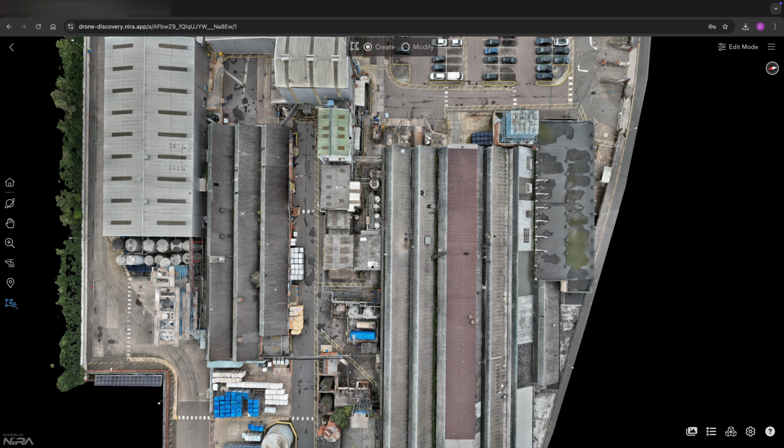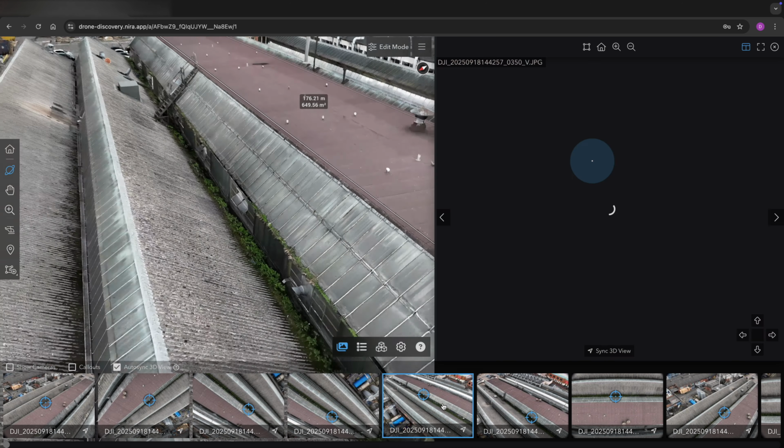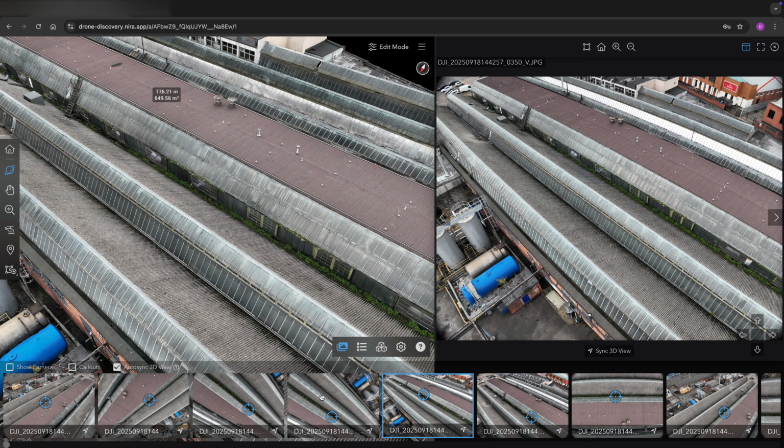well, called Nira. With Nira you can measure lines, or you can measure specific areas, and it allows you to zoom in and out to capture them accurately as well. The model itself is centimetre level accuracy because we use the Matrice 4 Enterprise and its RTK module along with the DRTK base station. For inspection, identification and reporting, you can use the model to identify defects and examine the